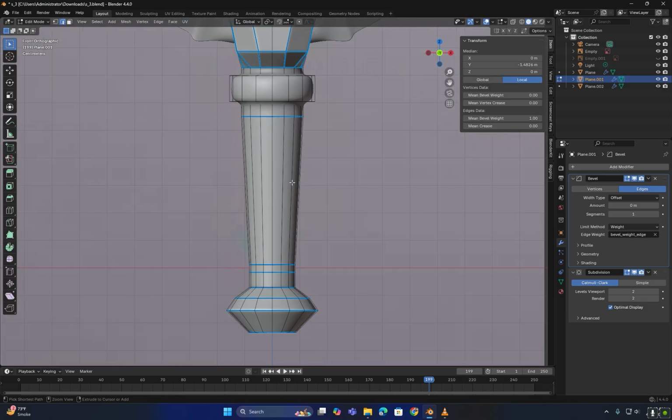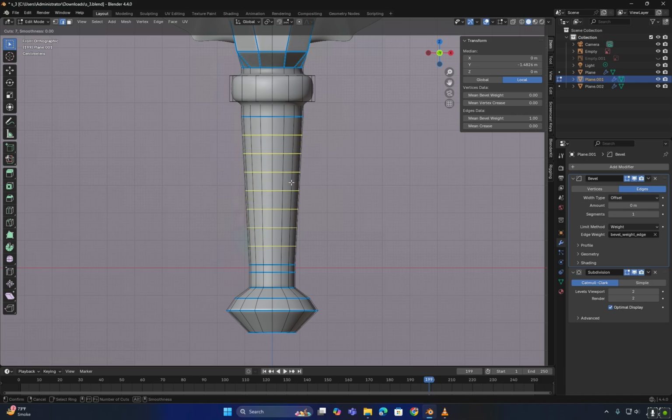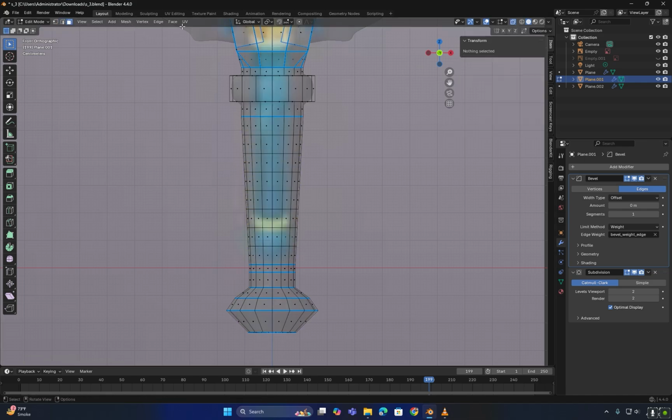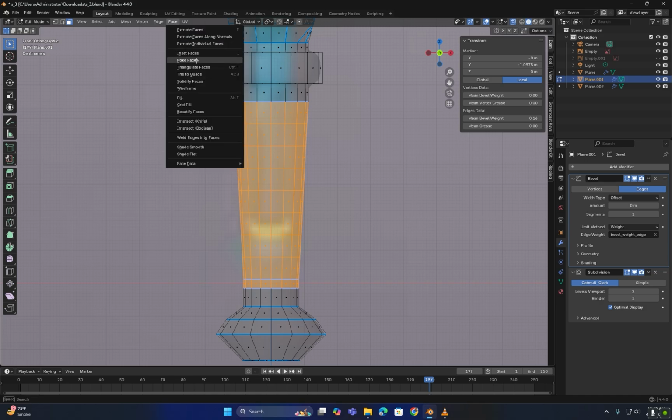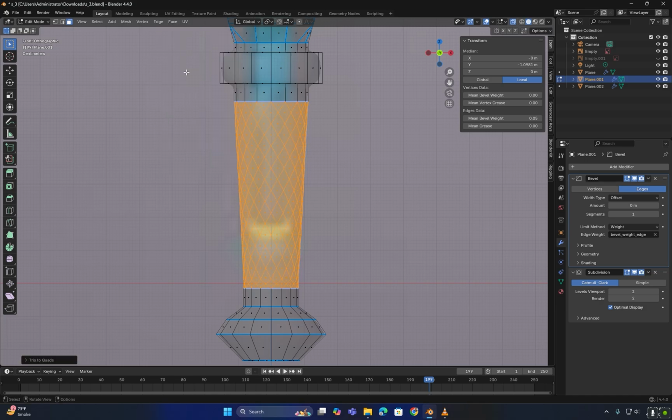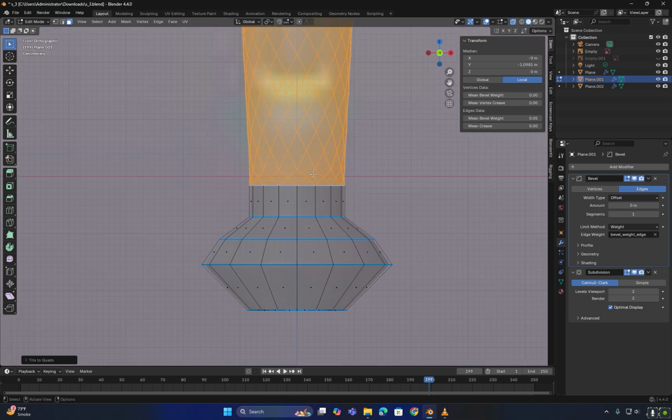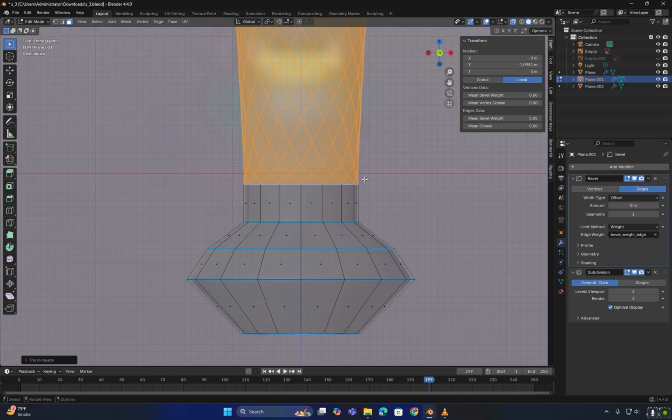Now I will add a few edge loops. Go into face select mode, enable X-ray mode and select these faces. Then I will go to the face menu and choose poke faces, and afterward use tris to quads to clean the geometry. I will deselect the top and bottom faces,